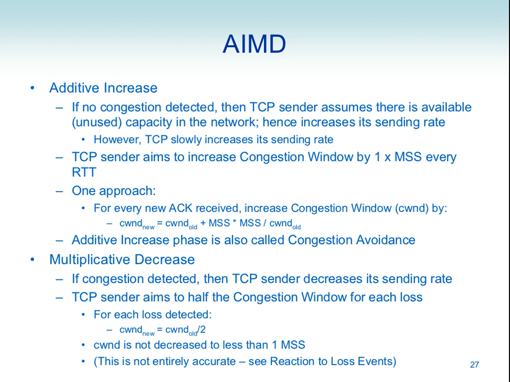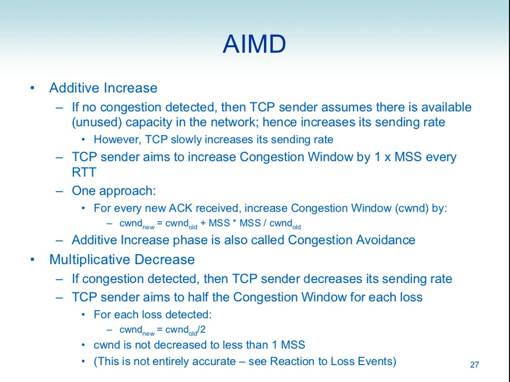Because we're receiving ACKs, we assume that there's no congestion in the network. So I increase my sending speed, trying to probe whether there is more capacity in the network. I keep increasing slowly in a linear manner, with the goal of 1 MSS every round trip time. But we see it's not exactly every round trip time. If we did the calculations,